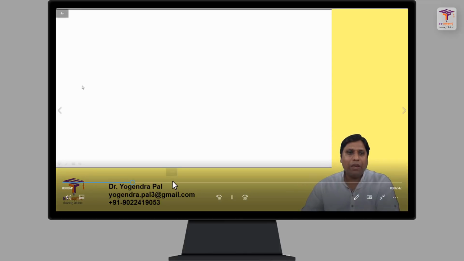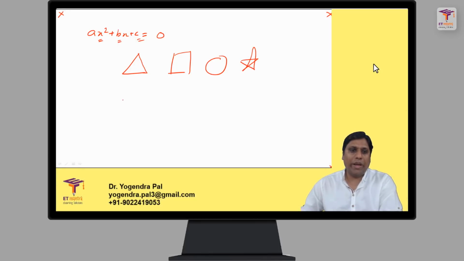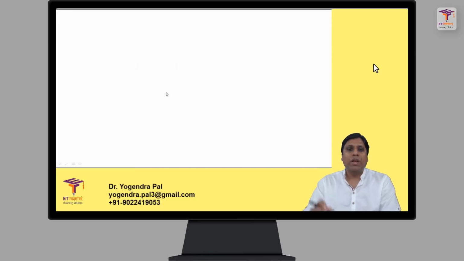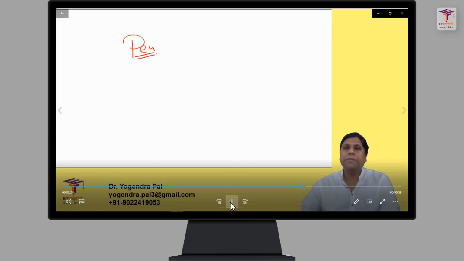Now I am coming here, this is like this, and when I am going here, plus bx plus c is equal to 0. This is an angle. I can talk about this. I can look into the camera anytime whenever I want and I can keep drawing. So I can focus anywhere. When I want to go to another slide, I will click on the next button in my laptop. In that case, I will lose the pen from PowerPoint. So what I will do, I will again go down and select a pen. Now again, I can write.